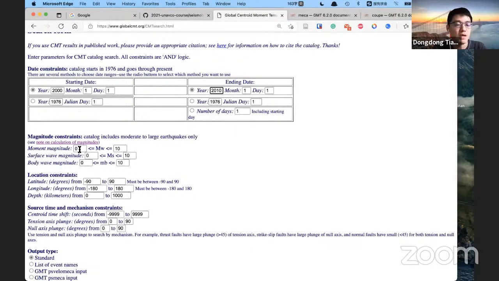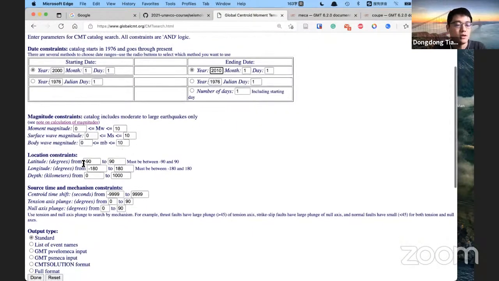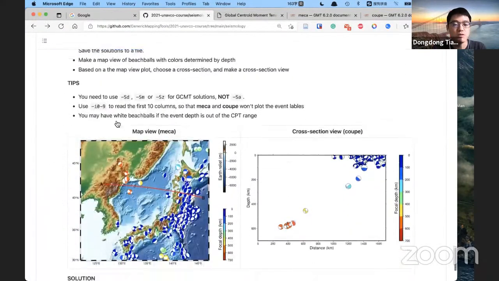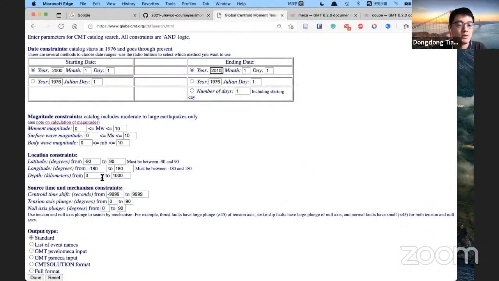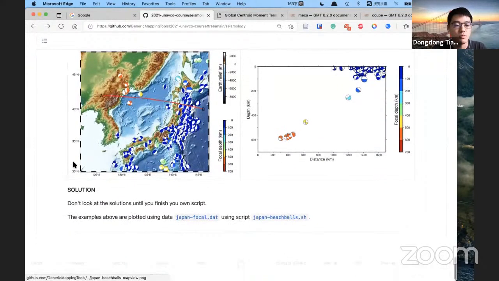And this is a magnitude range from 0 to 10, and this is a latitude range. If we want to plot the beach balls in Japan, we can use maybe 30 to 50. So this is 30 degrees to 50 degrees, and the longitude will be